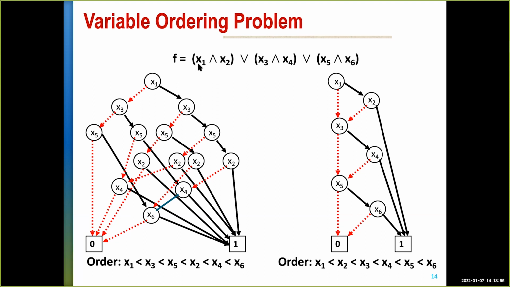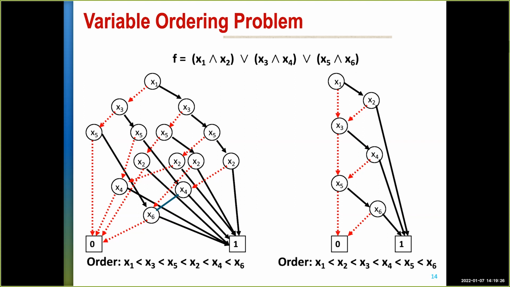Because in some sense, if I know the value of x1 and x2 are both true, then I don't need to know the values of these things. So if I could keep x1 and x2 together, perhaps, or close by, perhaps that would be helpful. Whereas here, this is like maximally separating out x1 and x2 because it's interleaving x1, x3, x5, and then x2, x4, x6. Okay, so it's a special pathological case function, but it just illustrates that when you're choosing the variable